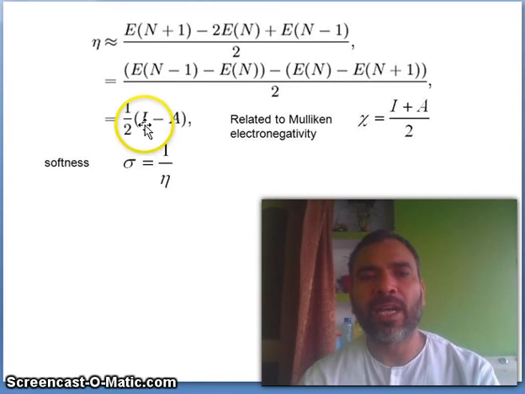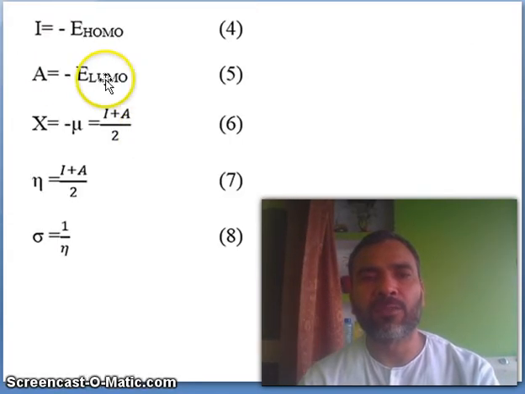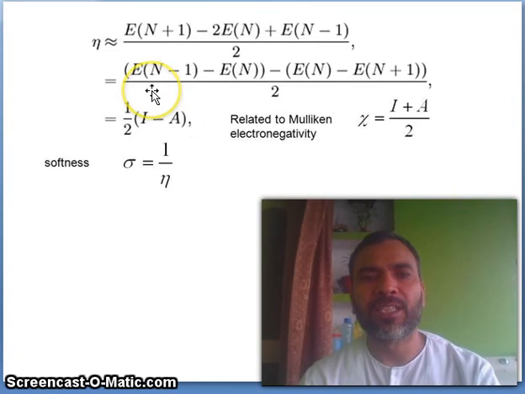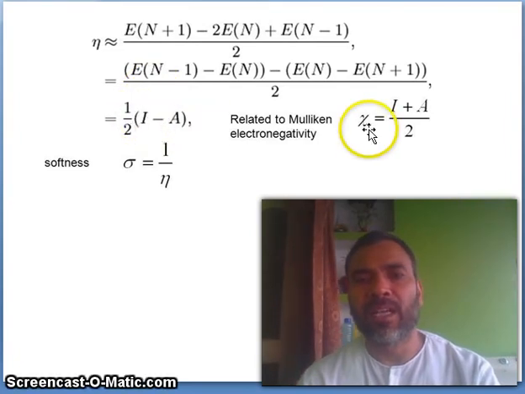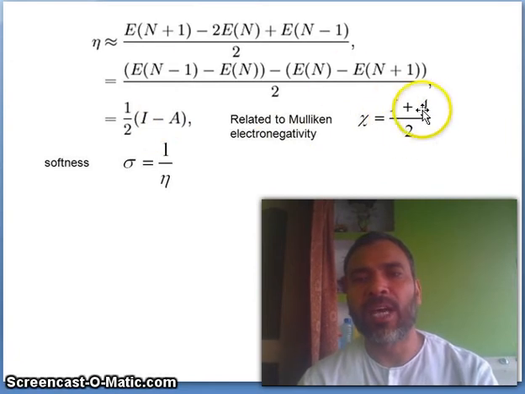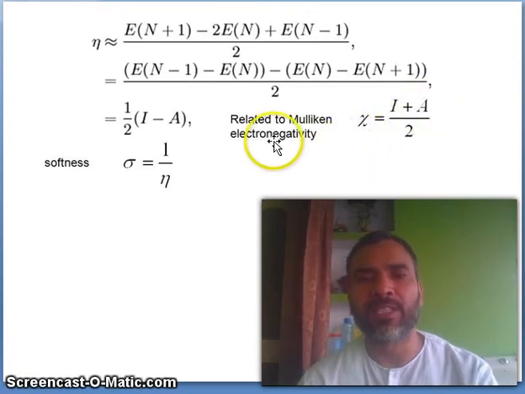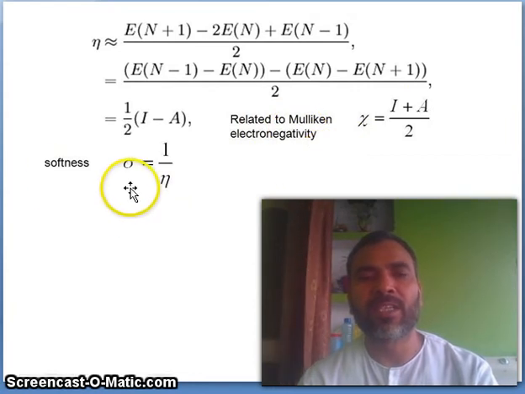So you know the ionization potential I, you know the electron affinity, then you can calculate half of I minus A, and electronegativity you can calculate as I plus A. You know the I, ionization potential, with the help of HOMO-LUMO, and you know the electron affinity, just divide it, then you will get the electronegativity. So this is related to molecular electronegativity. Softness, sigma, sometimes it is written with a capital S.